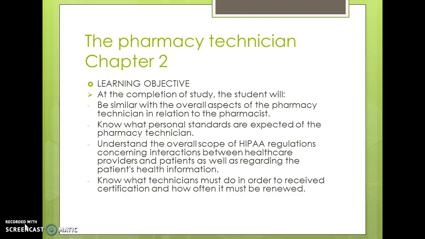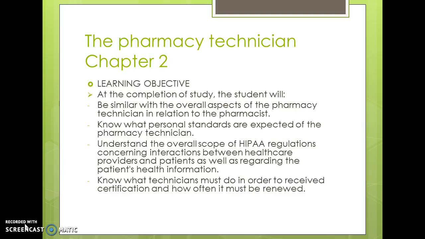At the completion of this particular chapter, you should be familiar with the overall aspects of the pharmacy technician job and the general role of the pharmacy technician in relationship to the pharmacist. Know what personal standards are expected of a pharmacy technician. Understand the overall scope of HIPAA regulations concerning interactions between healthcare providers and patients, as well as regarding the patient's